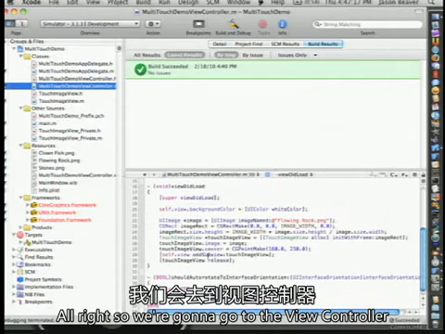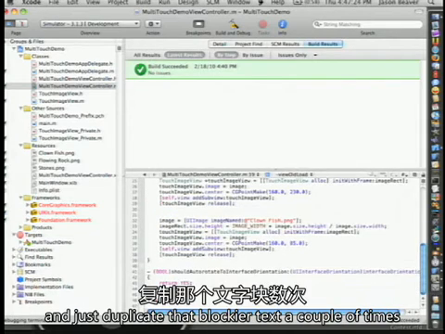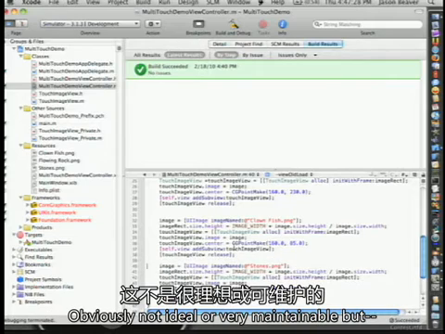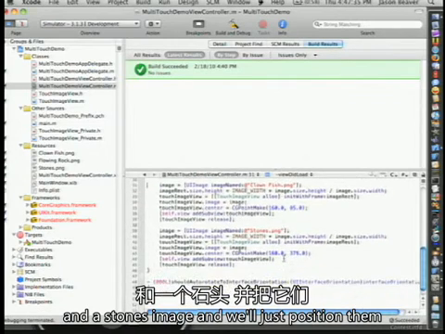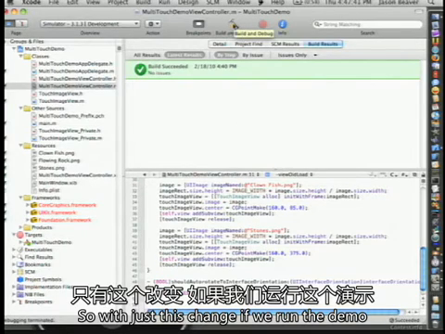All right, so we're going to go to the view controller. We're creating one image view here with that little block of text, and we'll just do the simple thing here and just duplicate that block of text a couple of times. Obviously not ideal or very maintainable, but so we'll just load two different images, a clownfish image and a stones image, and we'll just position them at different starting points. So with just this change,